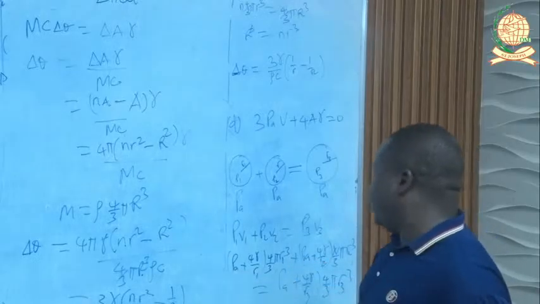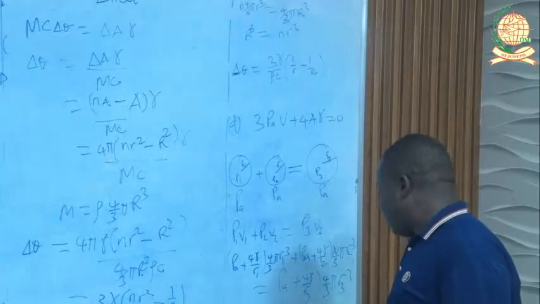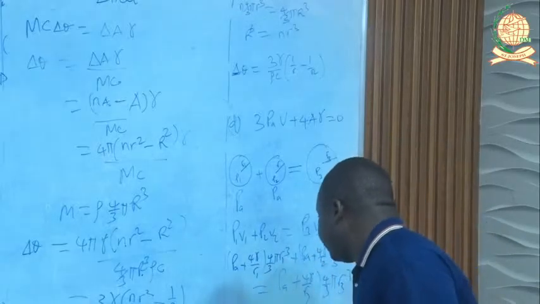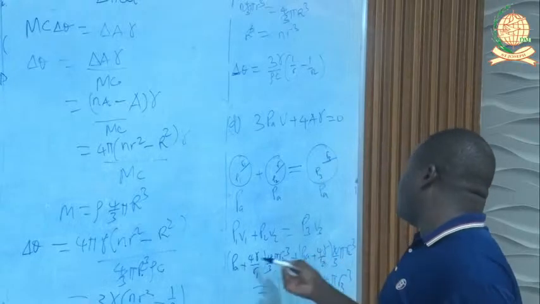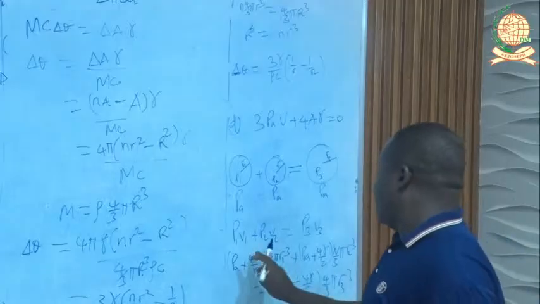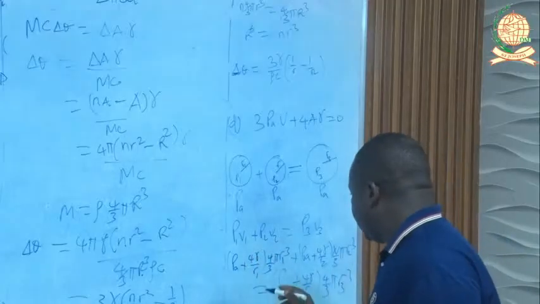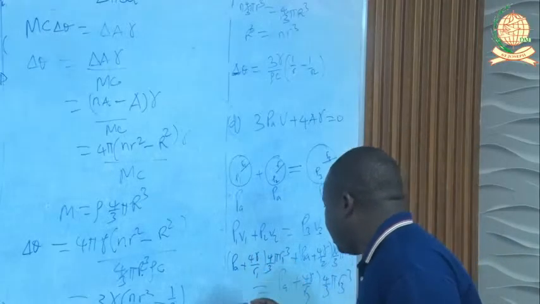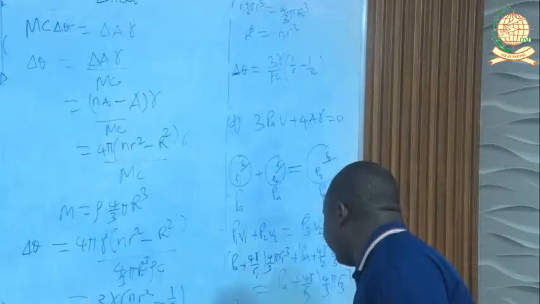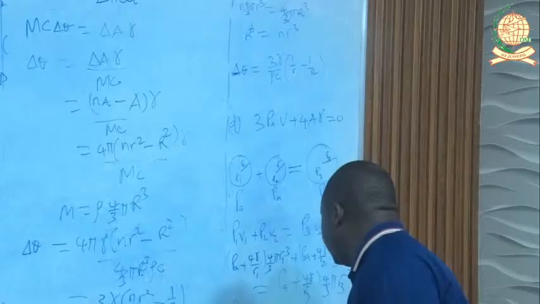So enter this inside the bracket, then you group all the ones with P on one side and the others with the gamma on the other side. So if I take this times this one, I'll have PA times 4 over 3 pi R cube 1